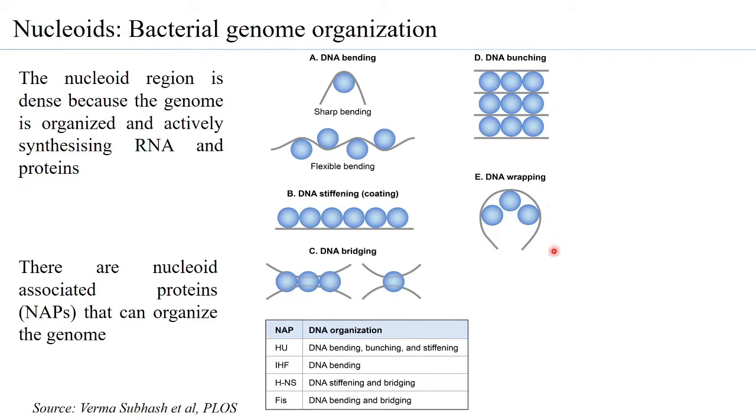You will also find this DNA wrapping. You'll find that the segments of the DNA bunch together to form a stack. So these architectures, or what we can understand is that the nucleoid region has an architecture, but within the nucleoid region, you have interior designing. And the sum total of these interior designs leads to the final architecture of the nucleoid.